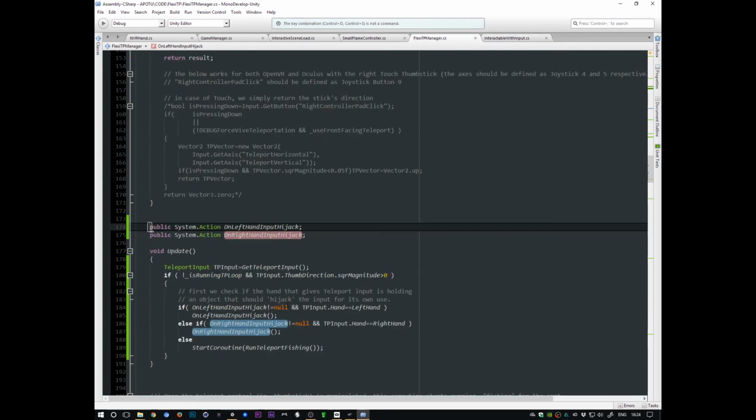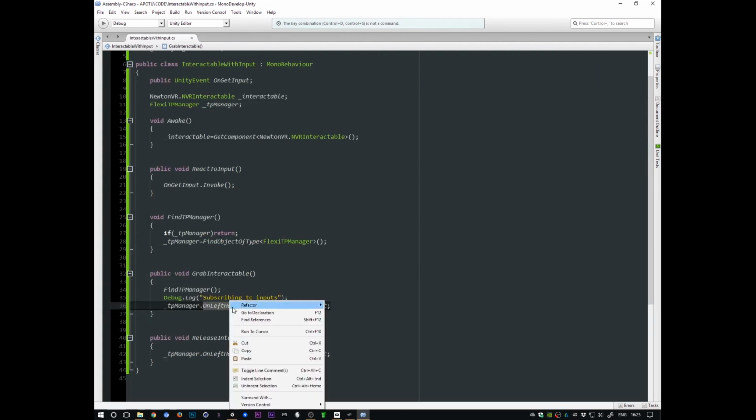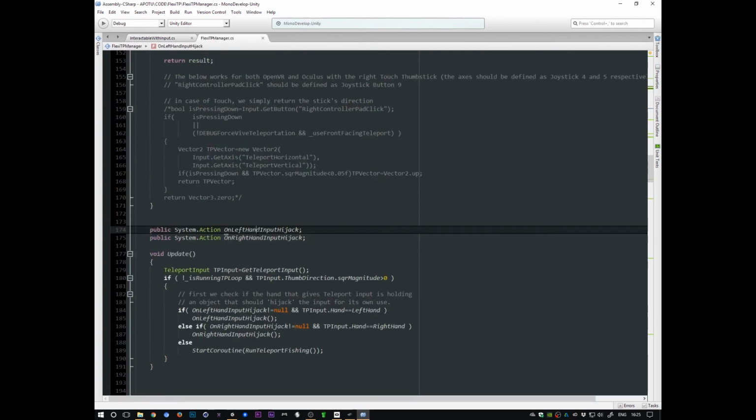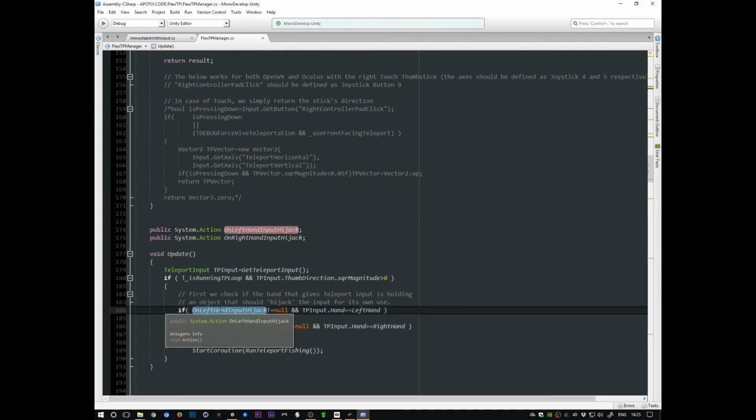And then we go to this declaration here on the left hand. Oh, bad highlighting here. I hate it when that happens. Let me fix that by closing it and going to it again. Yes. If this is not equal to